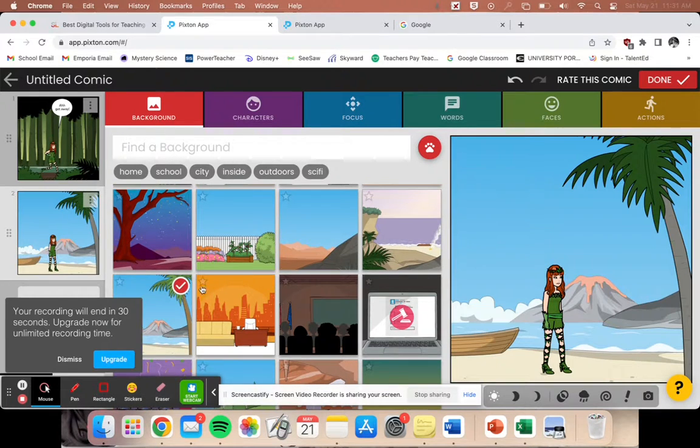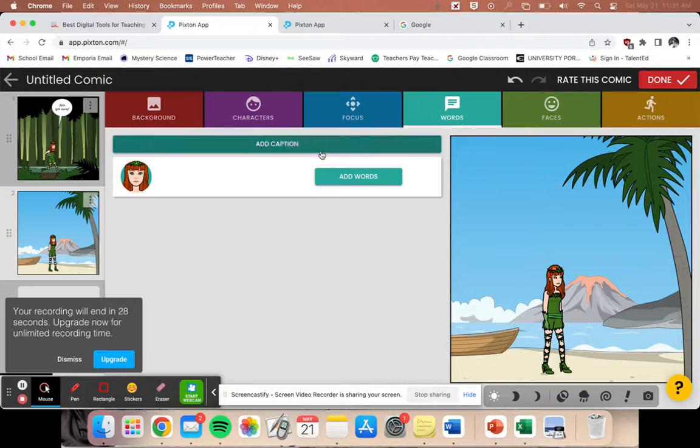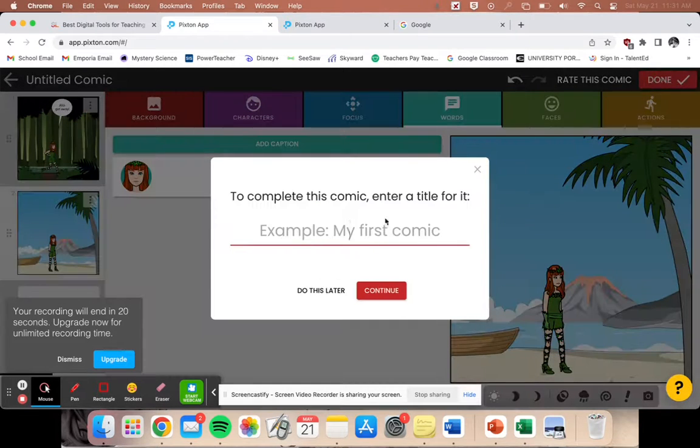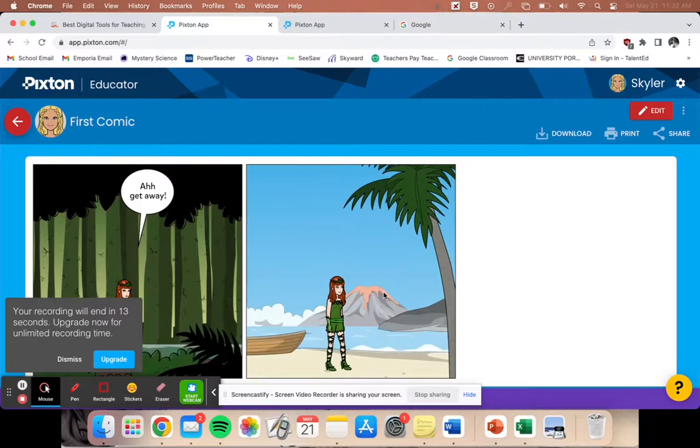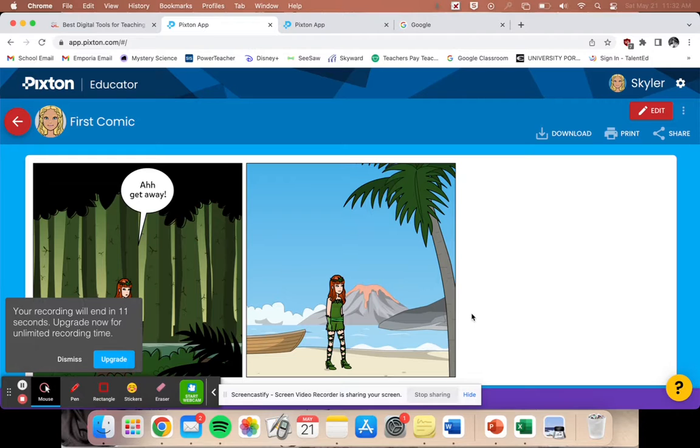I don't know. Now we're here at the ocean, and I'm going to go to the words here, and I'm going to add some more words. You can also have the option to speak into it, things like that. But overall, when you're done, just click done up here, and then title it, and then you are good to go. So now this will save, and then you can turn it in and submit it, and this will be something that I can do in my classroom to make it more engaging for my students, rather than just summarizing or having to turn in kind of more paper written assignments, to make it more fun and engaging for